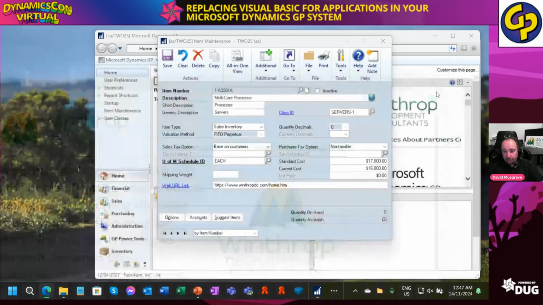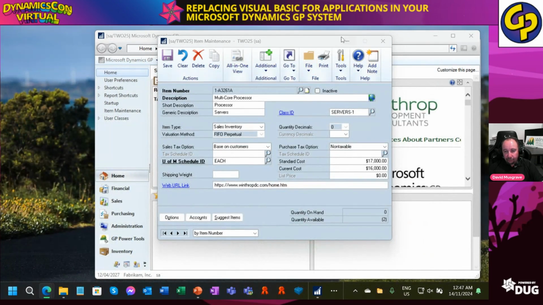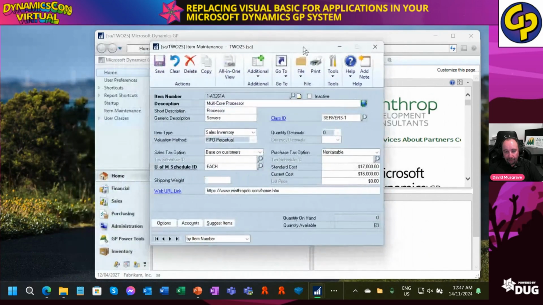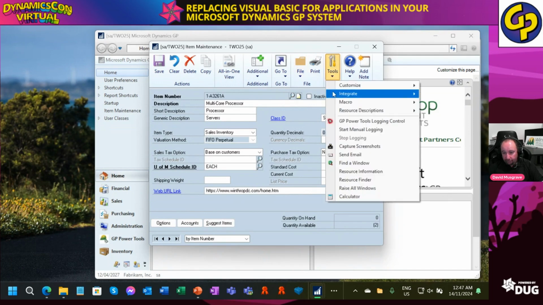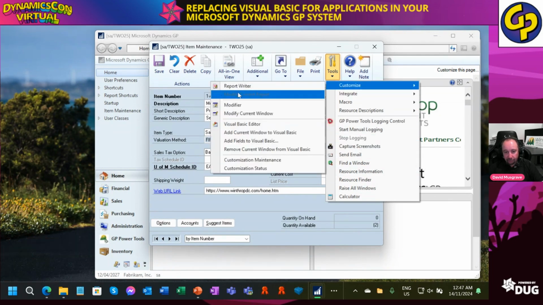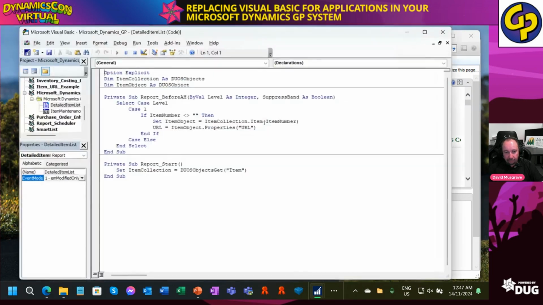Okay, close that. All right, now the report, if I ask it to run the modified version, it is going to include the VBA code. So I'm going to have to go turn off or delete that VBA code. So how about we go and do that? If I go into customize and the VB editor,